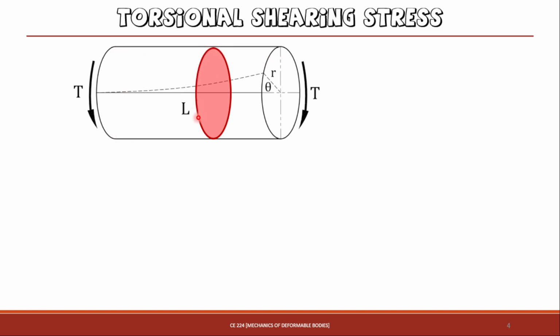So, for example, itong disk na ito, pagka nagkaroon tayo ng twisting or in-applyan natin ng torque, tapos nag-deform yung bar natin, yung mga disks na yan, nagkikiskisan yan past each other. Kung maalala natin sa shearing stress discussion natin na when two sections tend to slide past each other, a shearing stress is developed. Okay? So, ganun yung nangyayari pag a bar is subjected to a